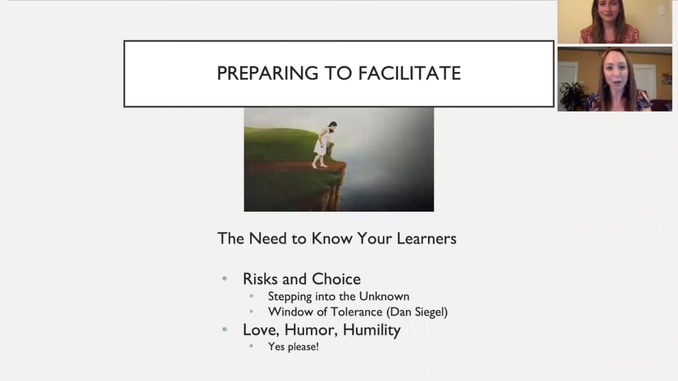The second part of preparing to facilitate is, of course, the need to know your learners. So recognizing that when you are teaching restorative practices, often you're introducing to some degree a paradigm shift that's going to challenge people's inherent beliefs about how to learn and how to see and operate in the world, because so many of us are programmed with this default towards a punitive response. And so